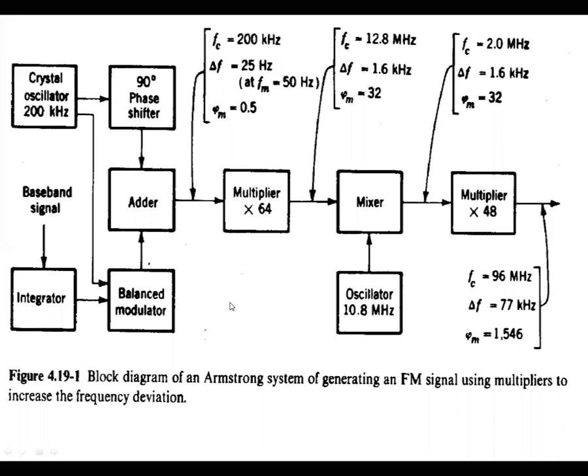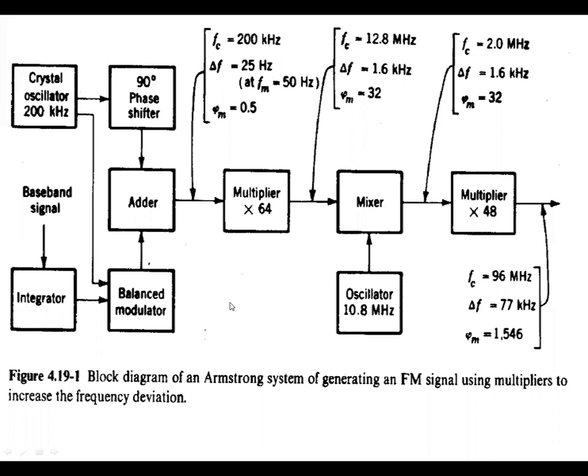75K by 25 Hz. What is the 75K? It is the frequency deviation required for broadcasting of FM signal. Del F should be 75 kHz only. That is one statistical value, a constant value, given by the FCC, the Federal Communications Commission. That is, del F frequency deviation should be 75K. But in our case, del F is 25.